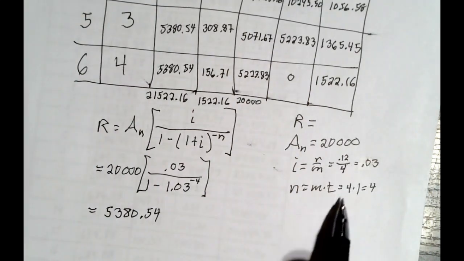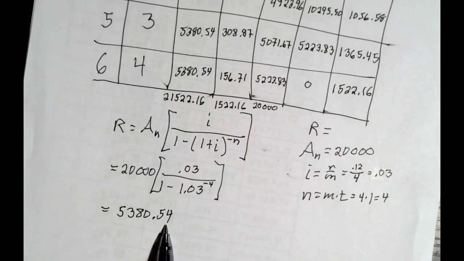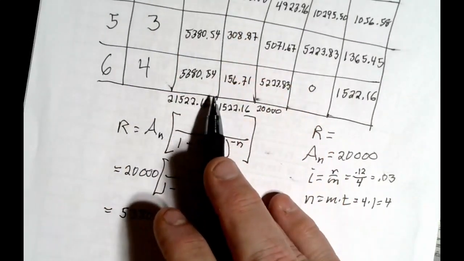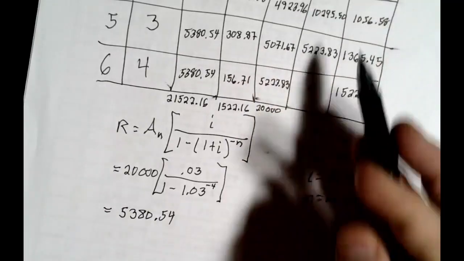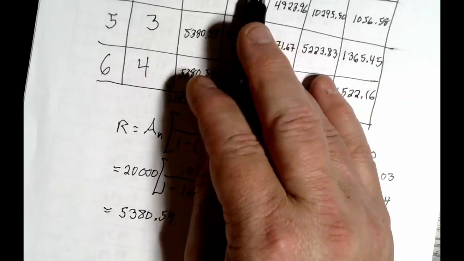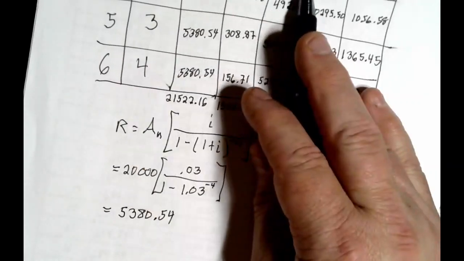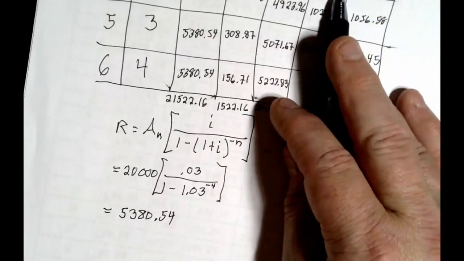Okay, 0.12 over 4, 4 times 1. Okay, so it gives you all these numbers, and so your regular payment is $5,380.54. That's how much you pay each time. You start out with $20,000 at 12%, so you figure out what 12% of that is, and it's $600. The difference between those is this guy, and you subtract it from your unpaid balance, and that's how much you